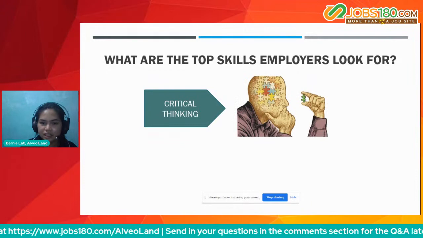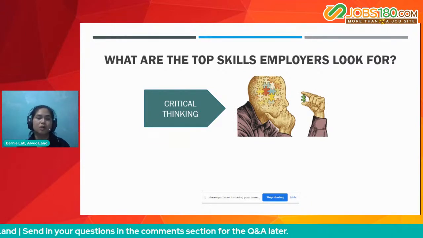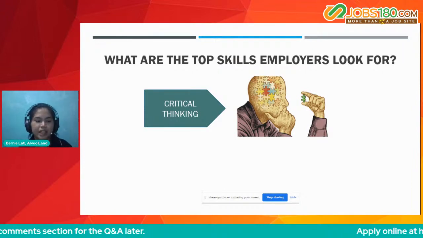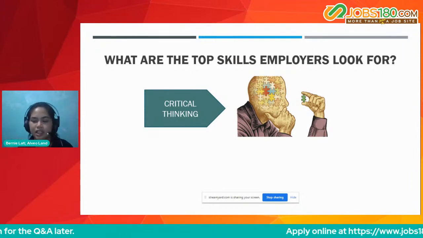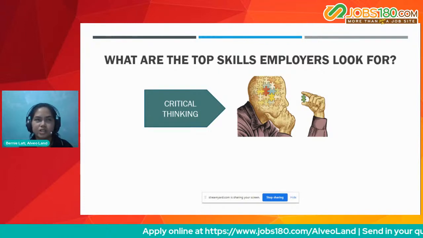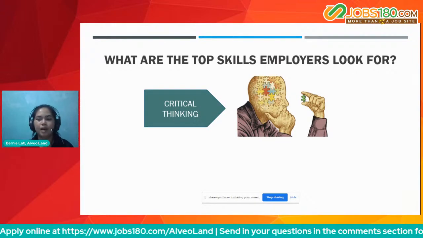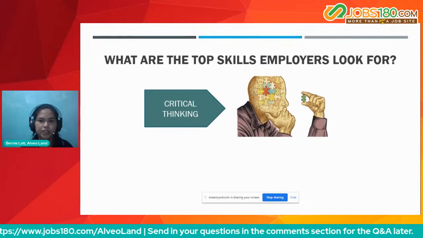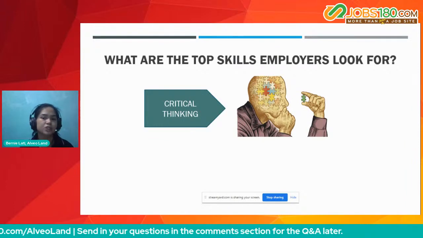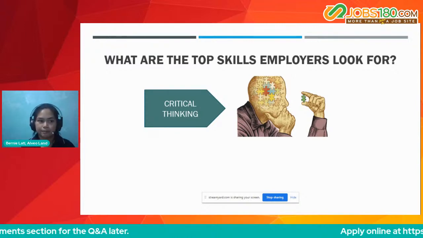Next is critical thinking. So this one sounds intimidating, no? Or siguro when I was a fresh graduate or when I was about to graduate na, I really didn't mind about critical thinking. Feeling ko kasi this is very pang supervisor or pang manager or pang team leader na skill. But right now kasi most employers are looking for this one, especially with the situation we have right now, no, with the lockdown, with the pandemic,